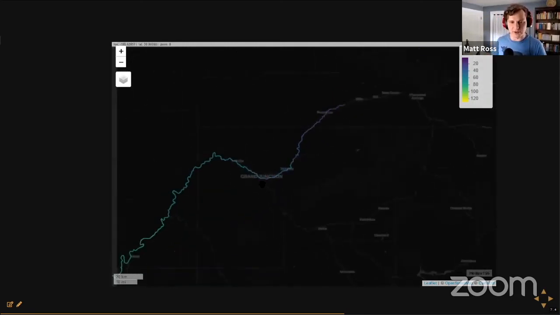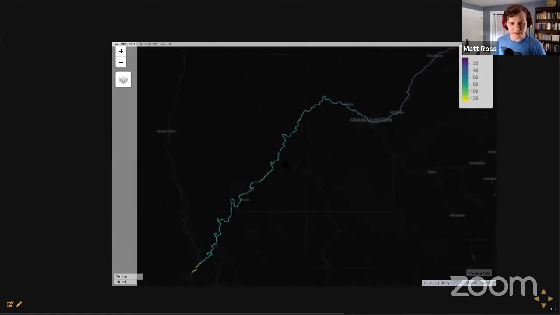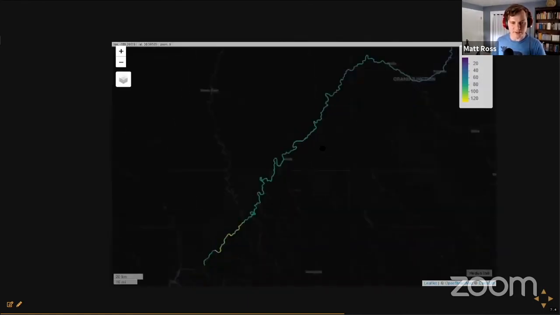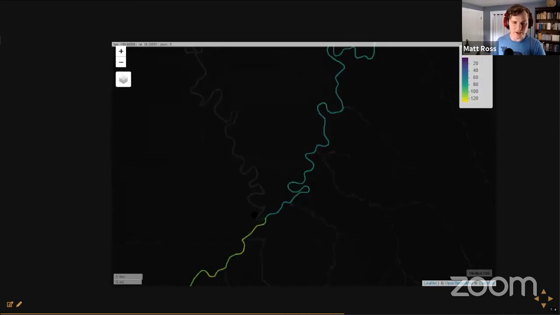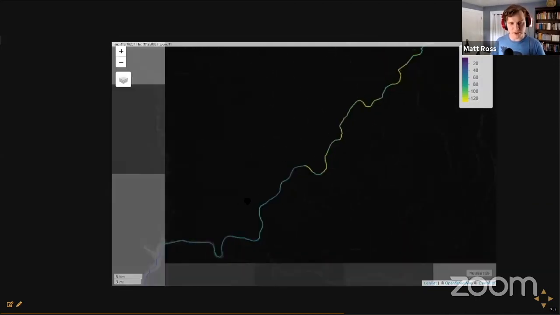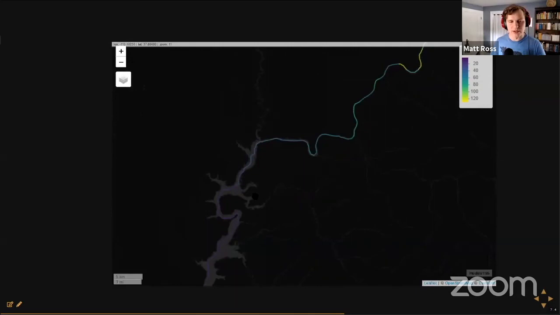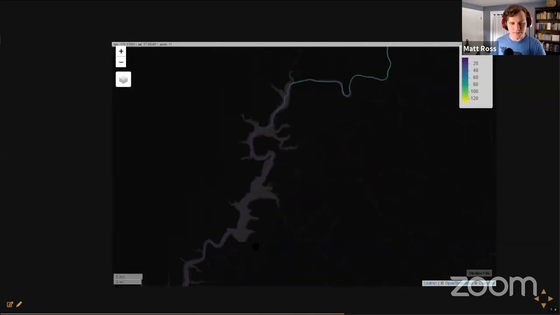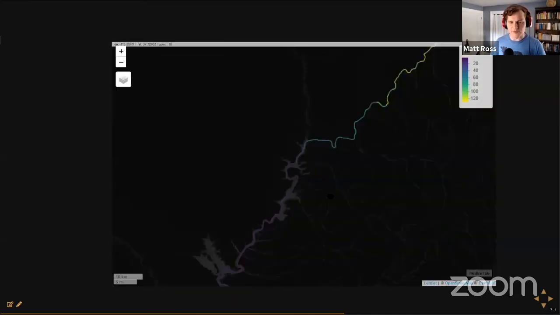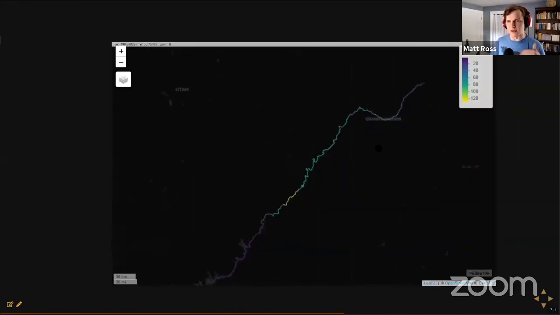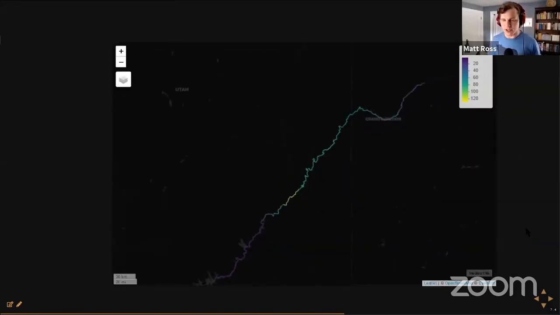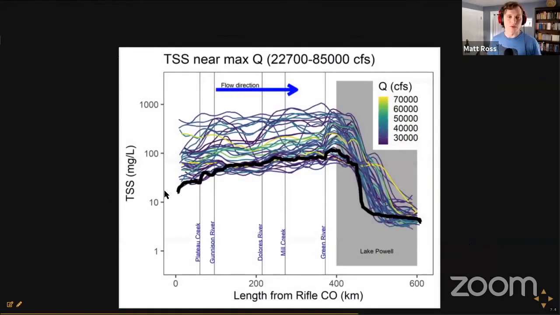So as you're going down, of course, and you get the Gunnison River coming in, you pick up some extra sediment. And then you really see this big increase in sediment down river as you hit the Green River, but not for long, because then you go into the slow water moving down here at Lake Powell. So you have this really beautiful image of the average conditions of the sediment. But again, with remote sensing, we can do more. We can look at not just the average conditions, but the conditions at any given time.